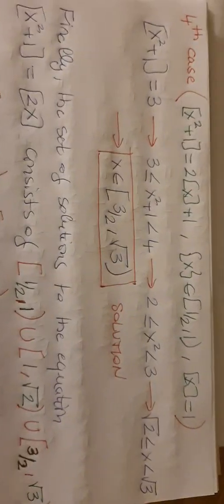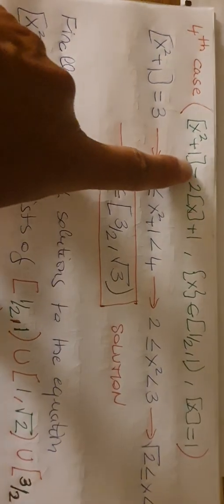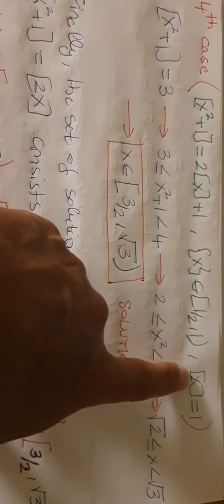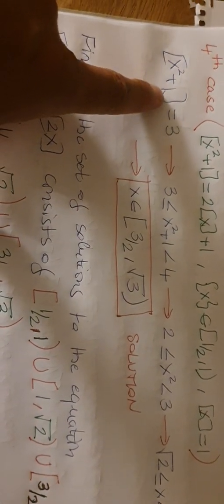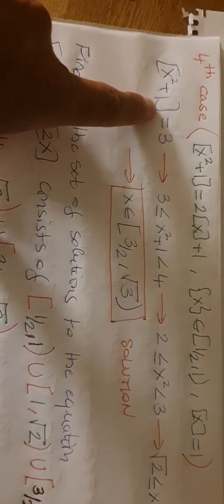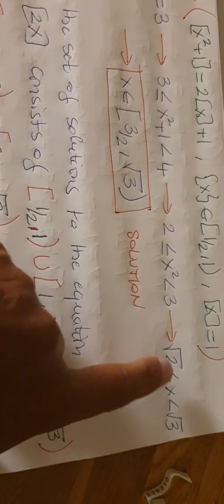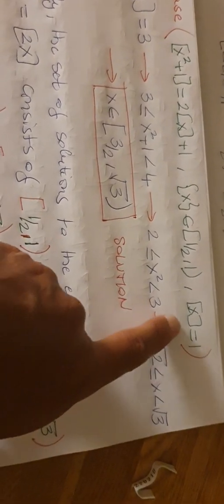Now moving on to the last case, we have this equation under this condition, and now we have the integer part of x is equal to 1. So our equation becomes this, and according to the definition of the integer part, so we get this, and then we get this, and then we get x lies in the interval square root of 2 to square root of 3. So if x lies in that interval, then the integer part of x is 1, which is true,